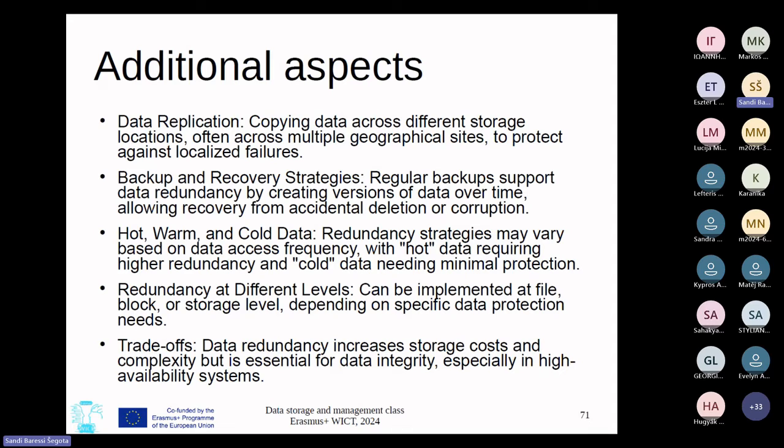Then there is the concept of hot, warm, and cold data. That's essentially how important your data is to store, or how often it changes. For example, something like medical data of people who are currently in the hospital. It's very hot data, because it needs to be updated very often,